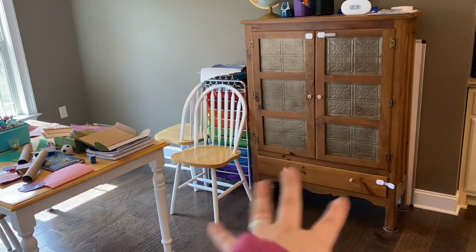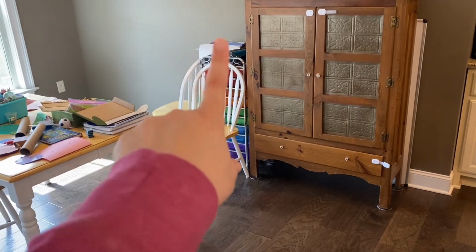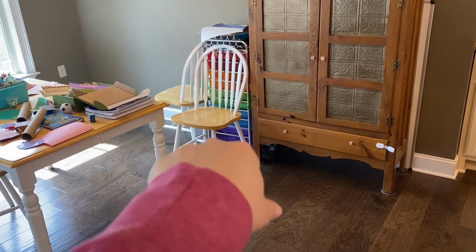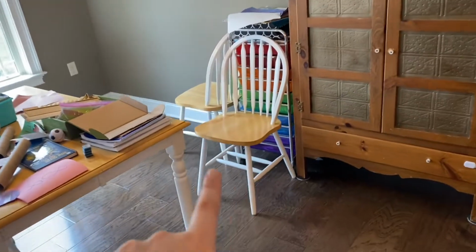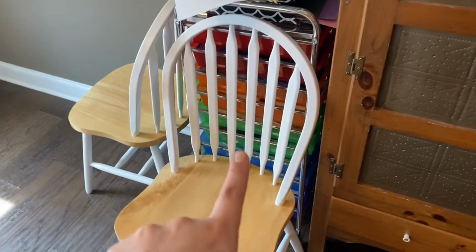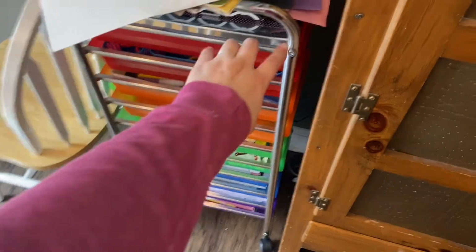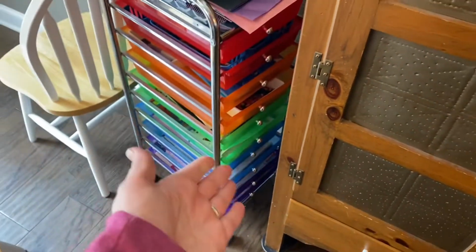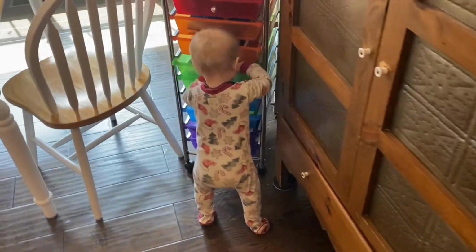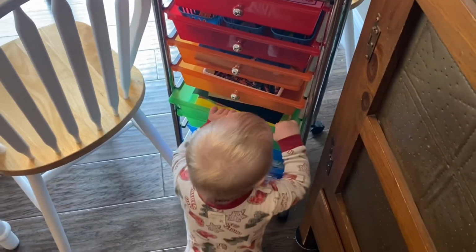So this thing is a pie safe. It's got some of it in there. And then this shelf thingy, this drawer thingy that you can see blocked by the stools. So my 9-month-old is now crawling and pulling up on things, and he is constantly pulling open these drawers and dumping stuff out, and it greatly distresses the big kids, and it's a big mess. And so we keep turning the little drawers and then blocking it with the chairs so that he can't get